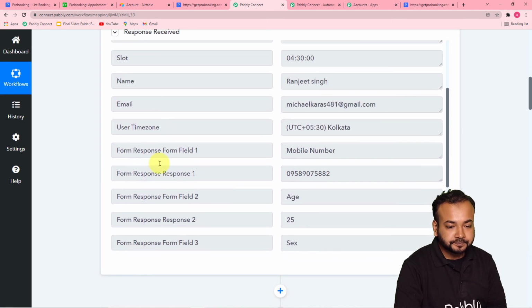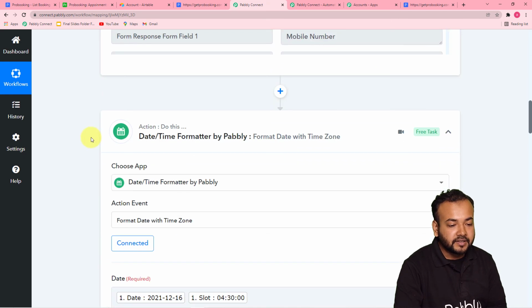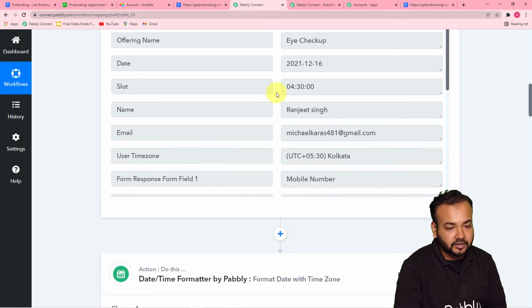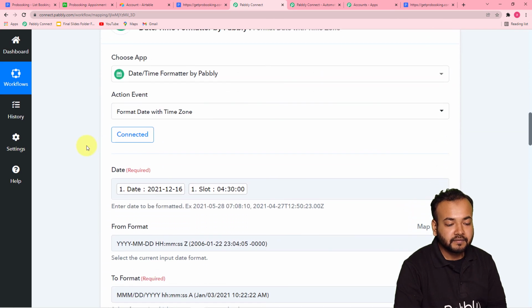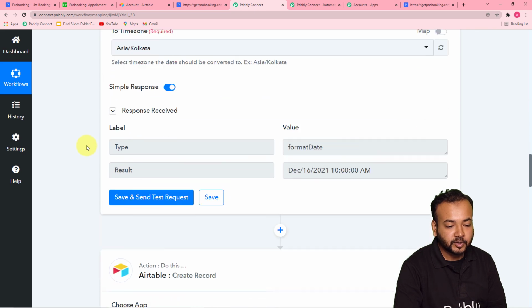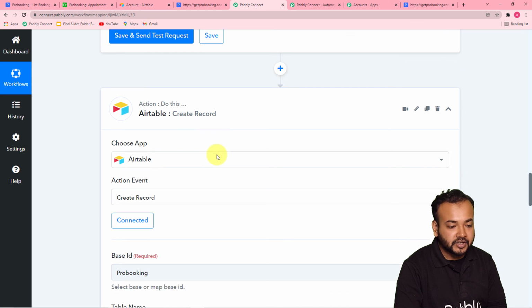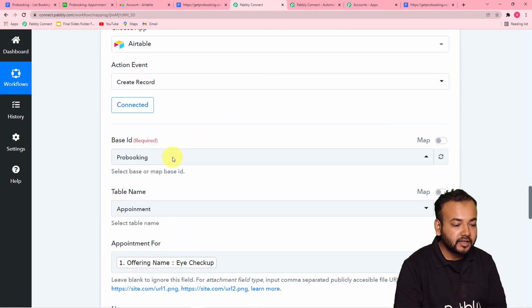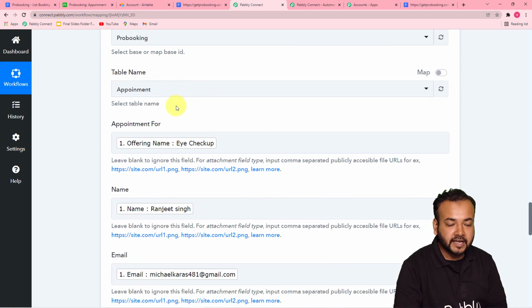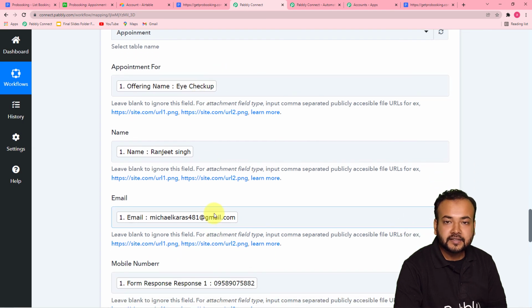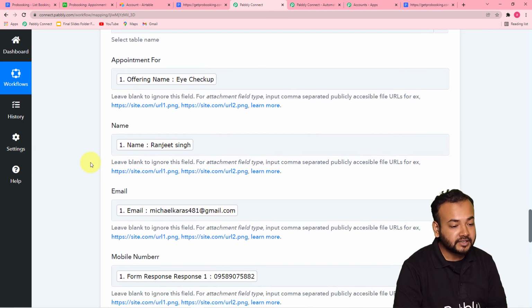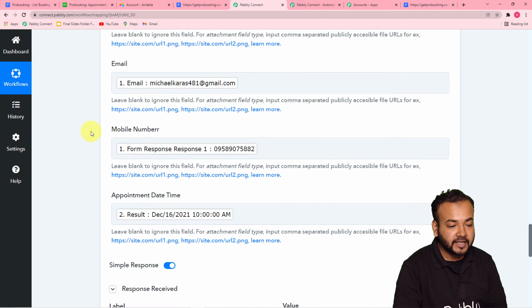After that, I converted this date and time from UTC to IST in a different format. After that, I connected the Airtable application to send the data, selected the base ID and the table's name, and mapped the details needed to be sent from the first option.